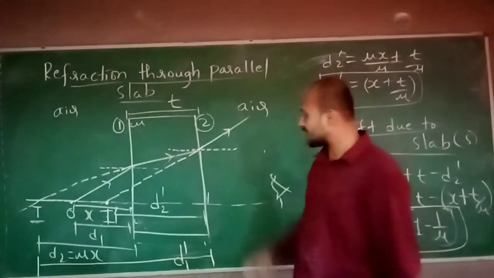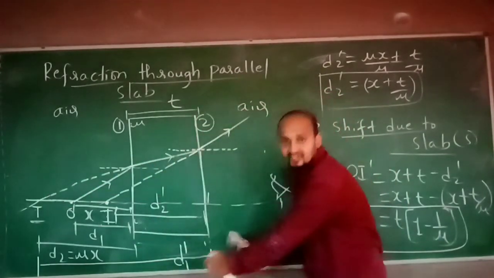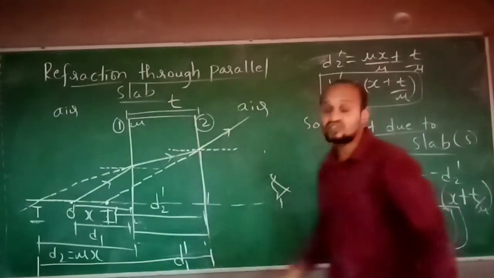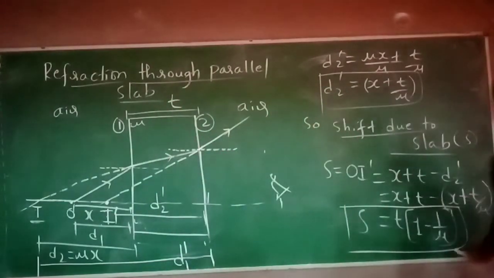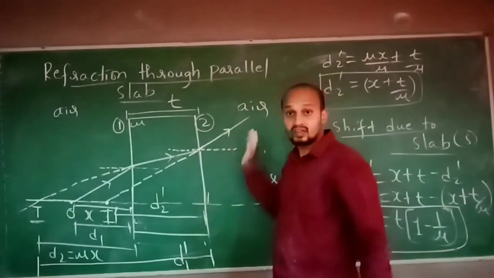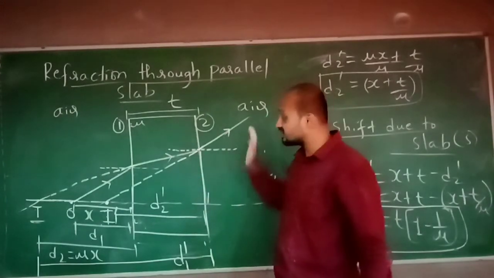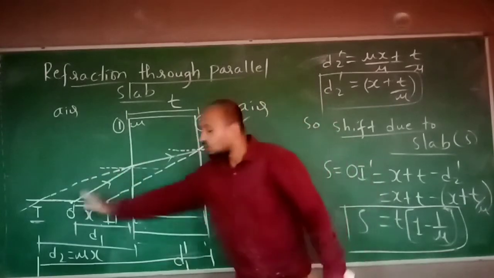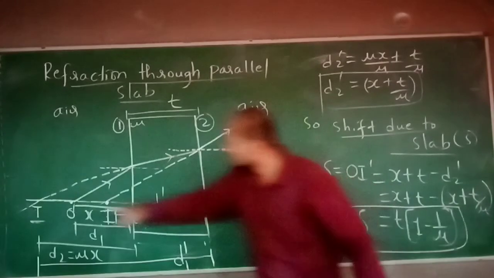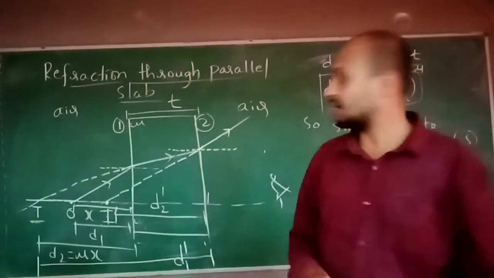So what I am trying to tell is, if the observer is here and one object is here, and you place one glass slab here, at any point you place it, until and unless you change the thickness of the slab and the refractive index of the slab with respect to the medium, which is also very important, the shifting of the image is not going to change. If you place this slab here also, you will get the shift O I dash only. Are you understanding? This is what I am trying to tell.